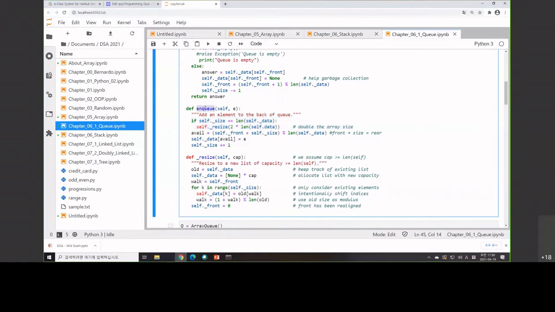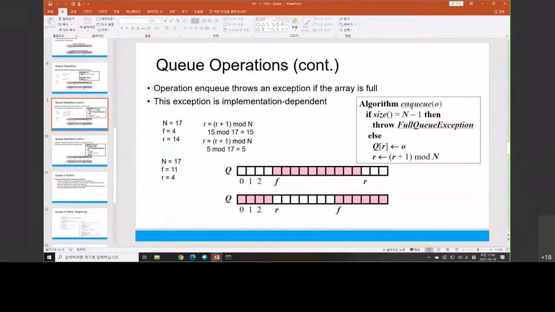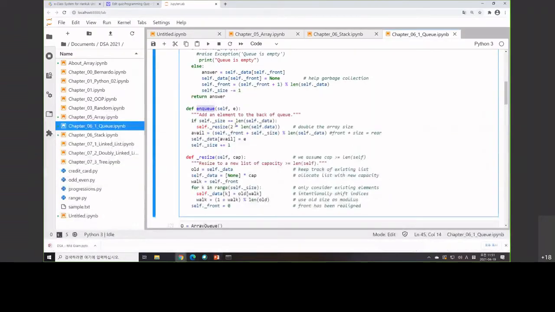For the NQ in the PowerPoint, when you reach the size, then you will throw the exception. You will give this exception message. So you cannot have more objects. You cannot have additional objects in your queue. However, in the code, yeah,